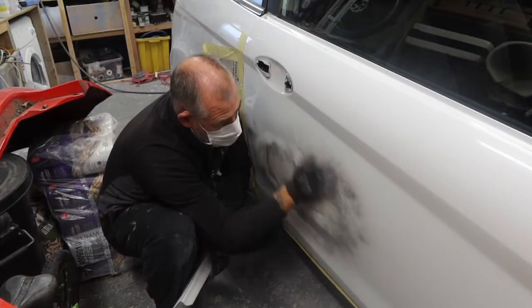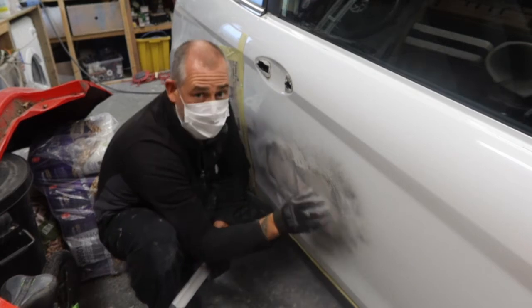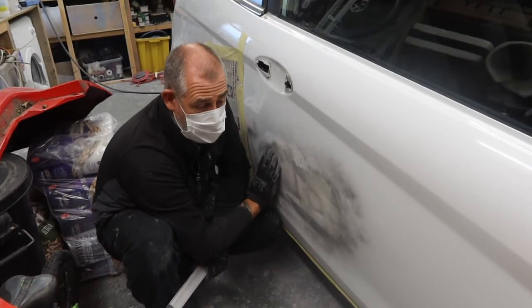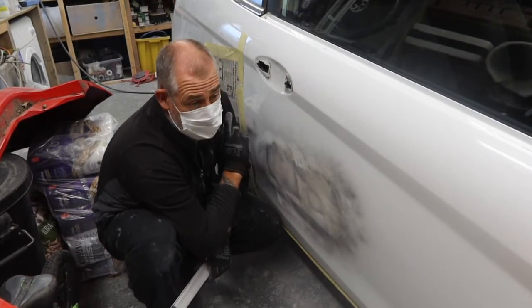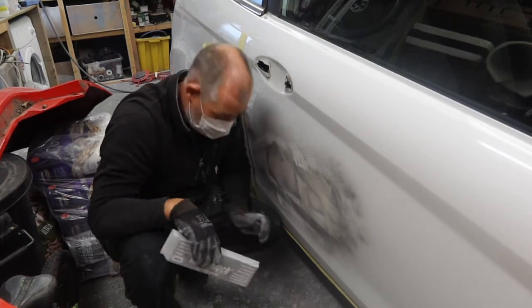Yeah, I think that'll go. Time we prime that up a couple of times, block it out. We'll put some guide coat on it once we've got it in primer. So we'll get the other side done, and then we can get this car sheeted up and start blowing some